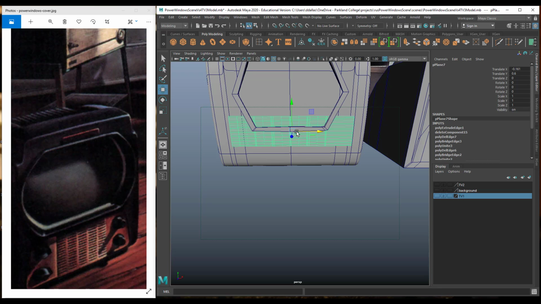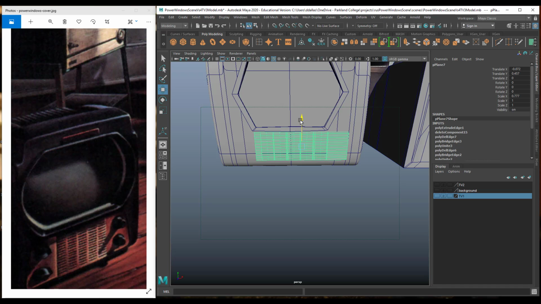I'm going to go back, and then I'm just going to kind of line that up with that middle mark right there. I'm not too particularly worried about this piece ultimately, because it's just kind of going to be there for effect. It's not going to be a critical piece in this composition,